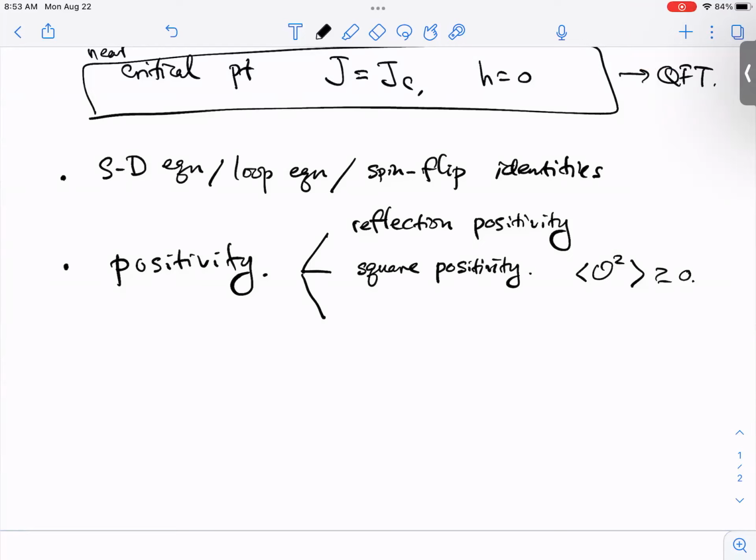Is the reflection positivity property also valid when the magnetic field is non-zero? Yes, it is. I will describe exactly what reflection positivity conditions I will consider, and we prove that in our paper. These are fairly easy to prove, but they're still non-trivial. Okay, thank you. Sure.